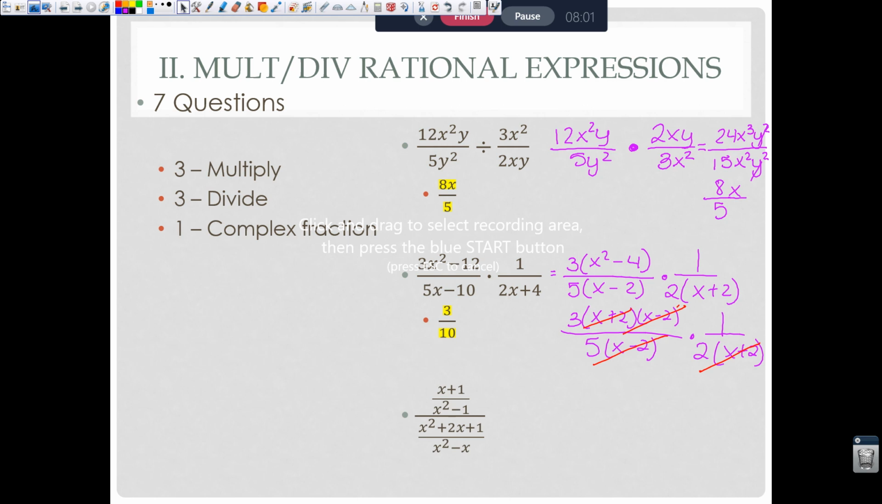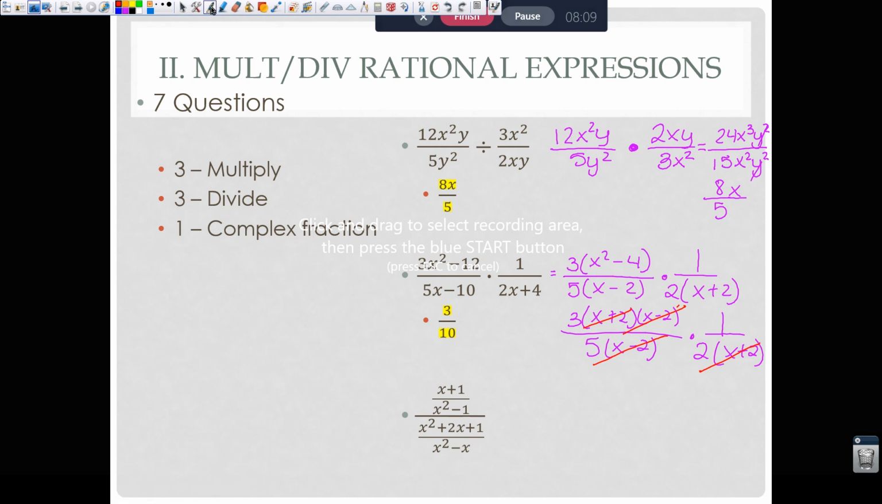Okay, so this is a complex fraction. Whenever you have a complex fraction, you have a fraction over a fraction. This is the same as dividing. So this would be the same as x plus 1 over x squared minus 1 divided by x squared plus 2x plus 1 over x squared minus x. And in order to divide here, we can keep, change, flip, just like we did in the first problem